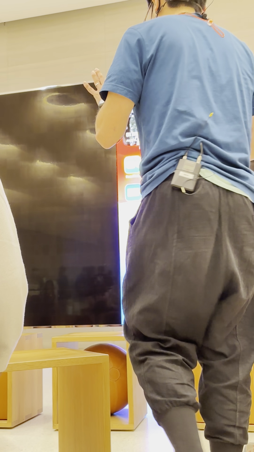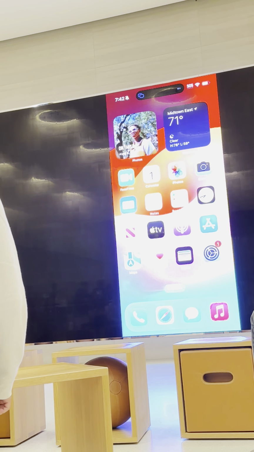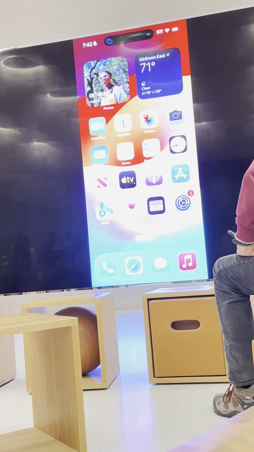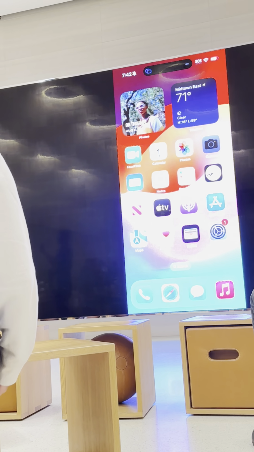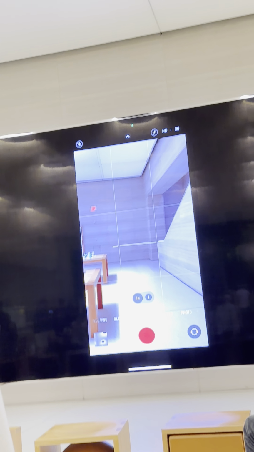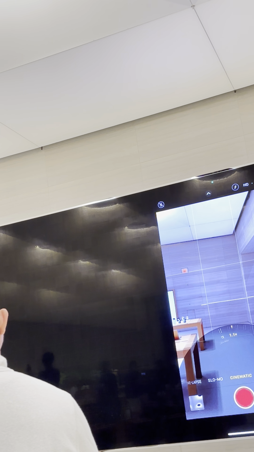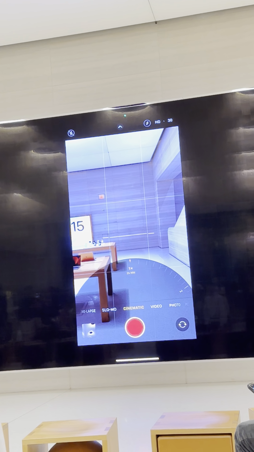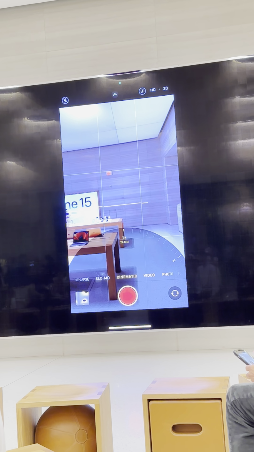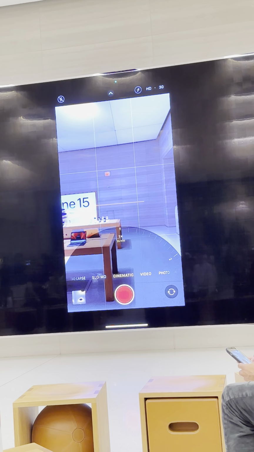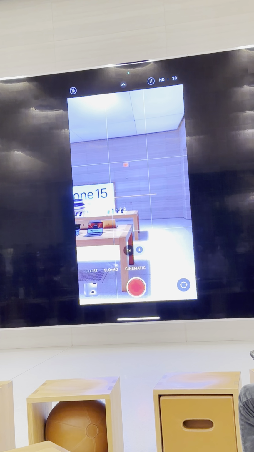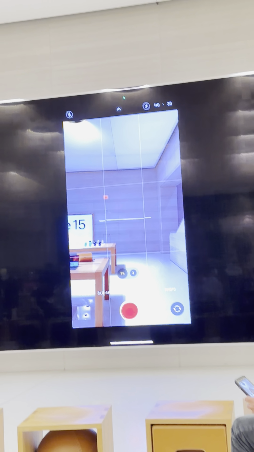Yeah, something to note, depending on the phone that you have, the cinematic mode zooming is a little bit different. So with the 15, if I turn on the cinematic mode here, I do have the option to use a little bit of the zoom, but if you do have an older phone, you may not have that option. So note, it just depends on the series of iPhone that you have to give you that option to zoom. Again, for our 15 users,